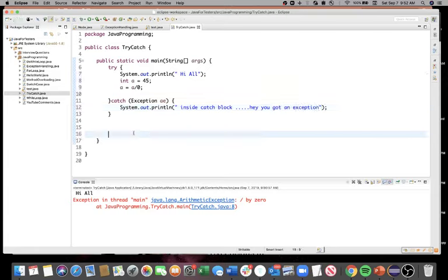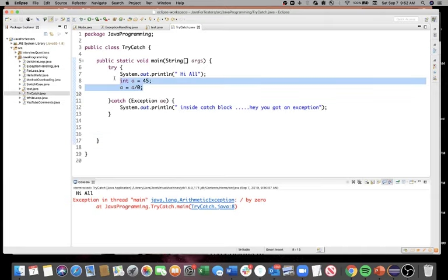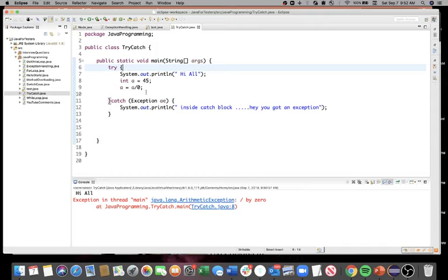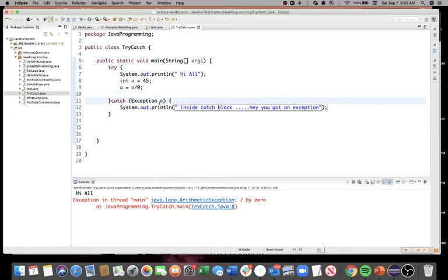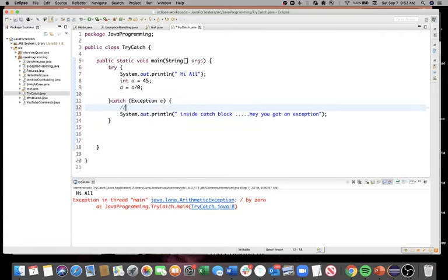Okay, so the same code, I haven't changed the logic, but I kept that code inside a try catch now. So inside a try, I'm doing all my execution, but if something goes wrong, I want to make sure I'm handling it. So if I don't want this kind of scenario where JVM doesn't understand who handles it and abruptly stops the execution, I want to make sure I have a catch block. So it comes here, and then inside a catch block I write all the steps to do after getting an exception. Okay,